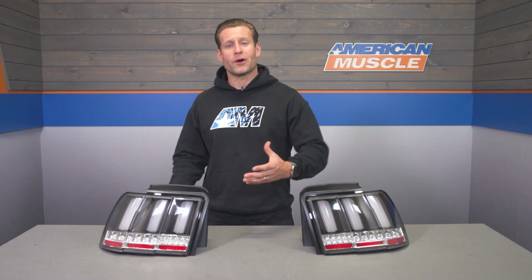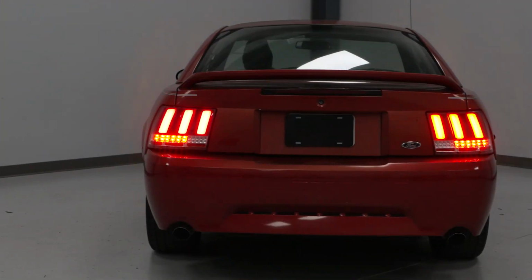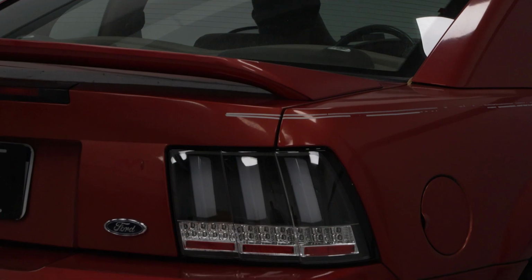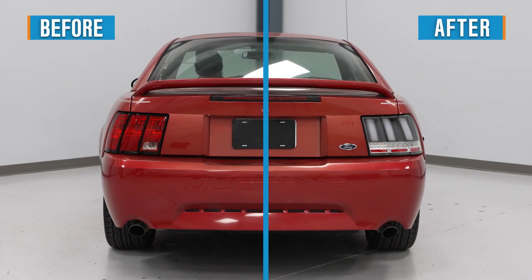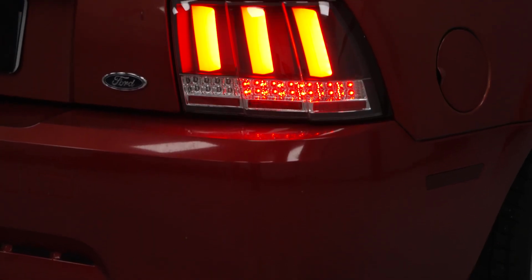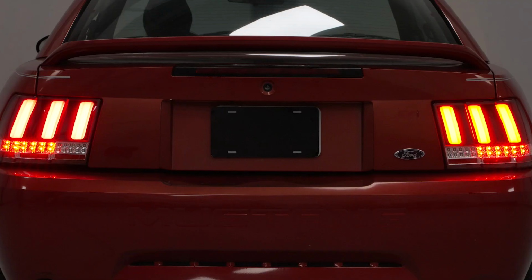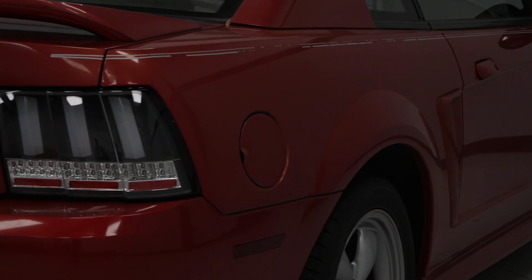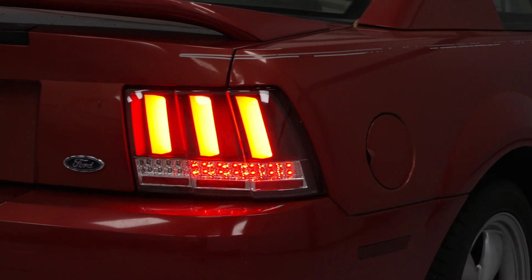Now, as far as your features are concerned, well, where do I even start, right? First up, as the name implies, these lights are going to replace your dated and dull factory incandescent bulbs with a modern and bright set of LEDs. On top of being much brighter overall and increasing your rear end visibility in the process, those LEDs will also sequence much like the modern Mustangs and will certainly add a more custom look to the rear end